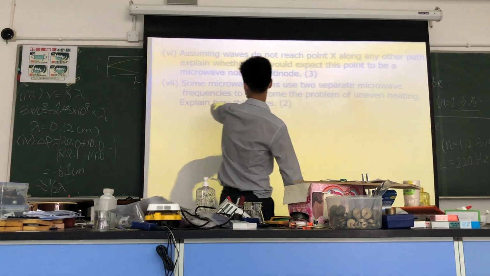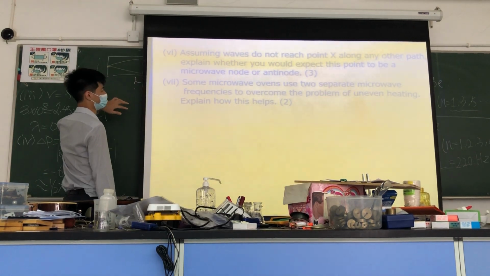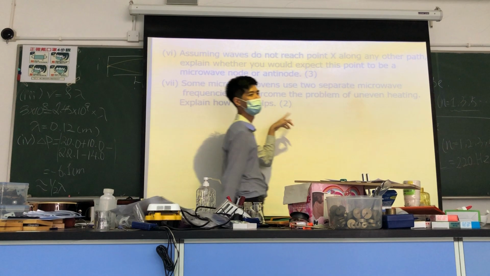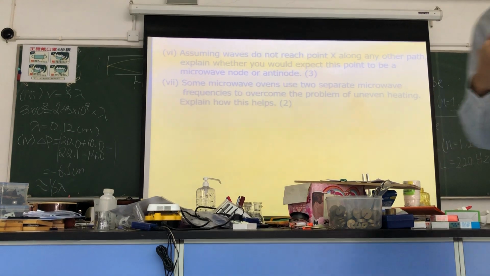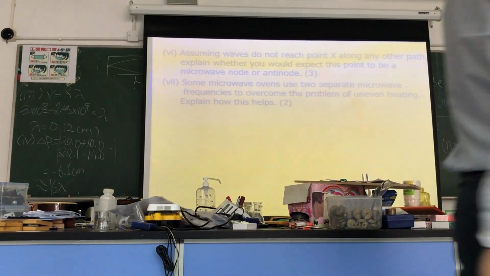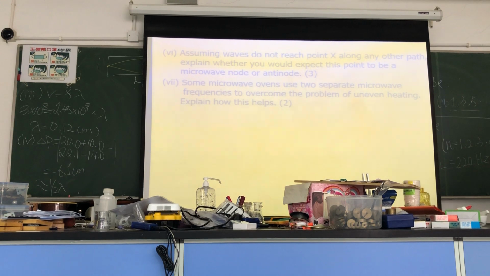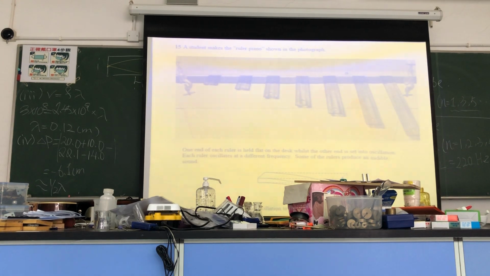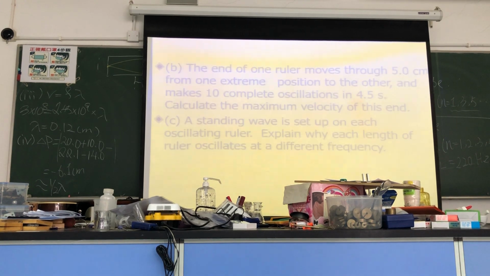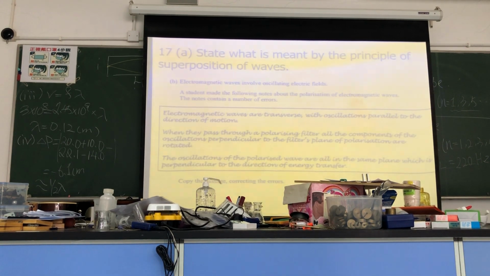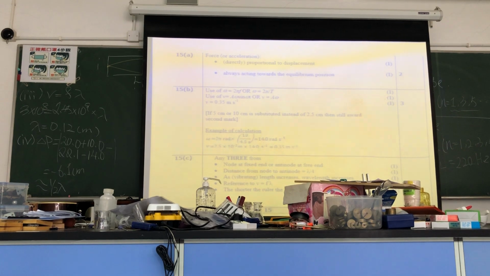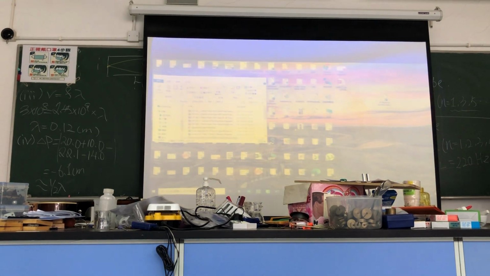So some microwave ovens use two separate microwave frequencies to overcome the problem of uneven spin。點解？因為你用兩個 frequency 嘅時候，佢哋唔 coherent，所以佢永遠都唔會 cancel 到 zero。或者佢嗰個 node 同 antinode 嘅位置唔係一個 fixed point，所以點都會 heat 得熟嘅。OK。好，聽日再講啦。